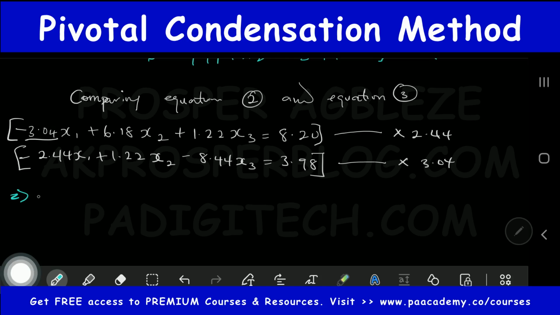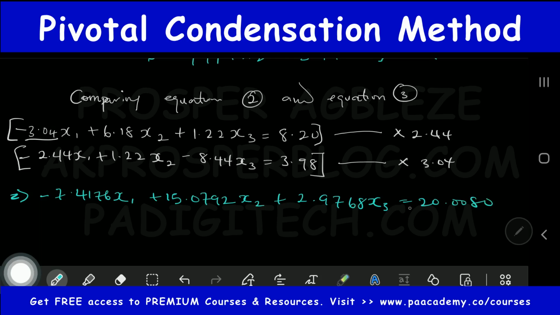So we are going to be having minus 7.4176x1 plus 15.0792x2 plus 2.9768x3 all equals to 20.0080. All right, so if you also use 3.04 to multiply everything inside this bracket, you are going to be getting